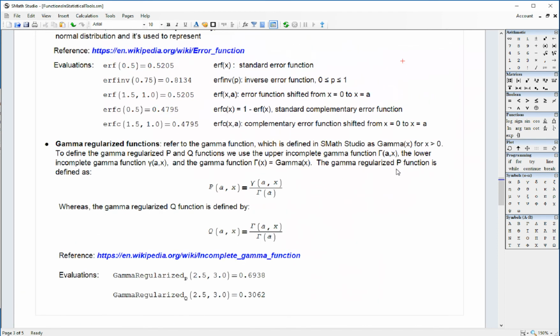Gamma regularized functions. There is something called the incomplete gamma function, and it's not presented in the collection of functions in here, but you can find all kinds of information about the gamma function in this link. And so if you have that incomplete gamma function and divide by gamma of a, it gives you this so-called gamma regularized function P. And then there's the gamma regularized function Q, which is the actual gamma